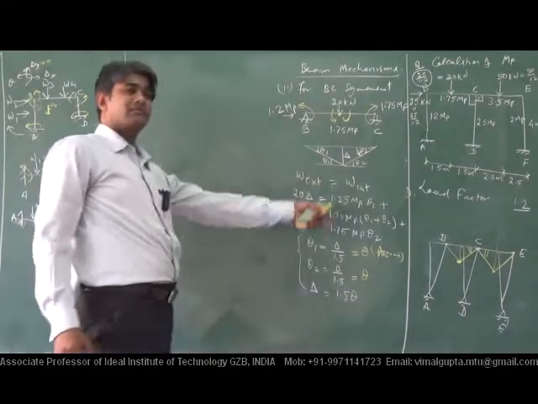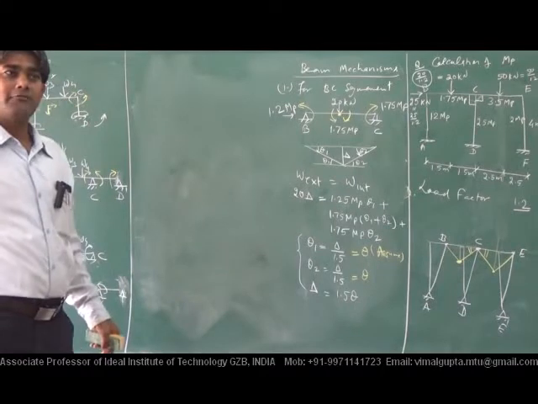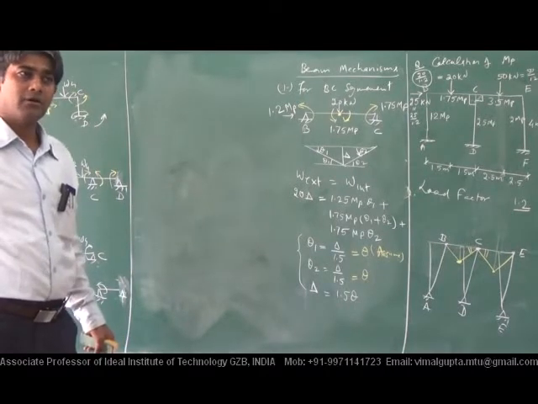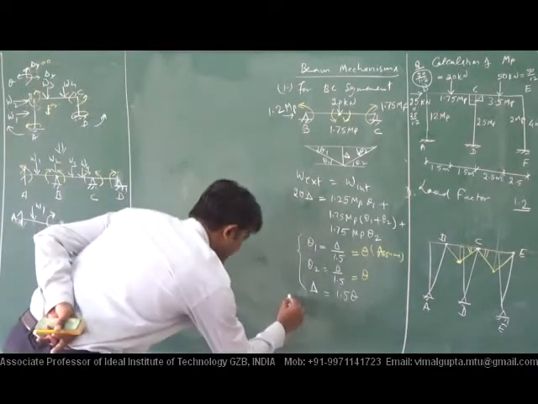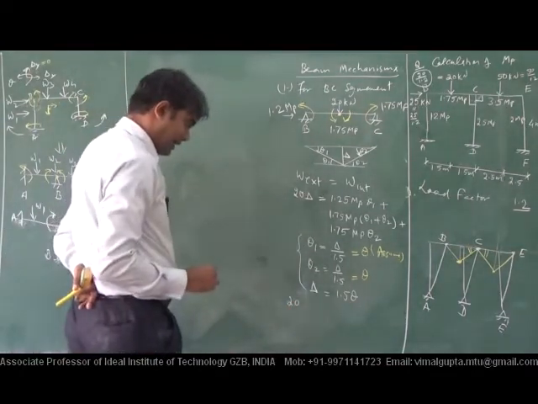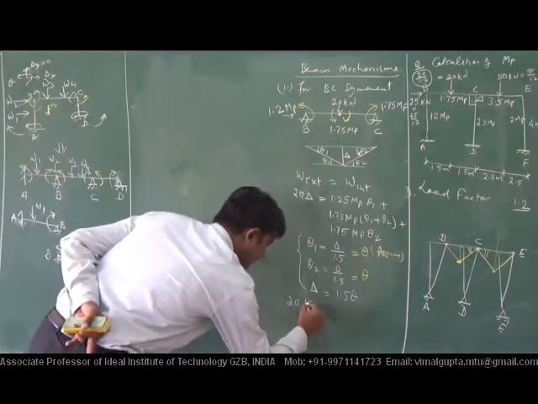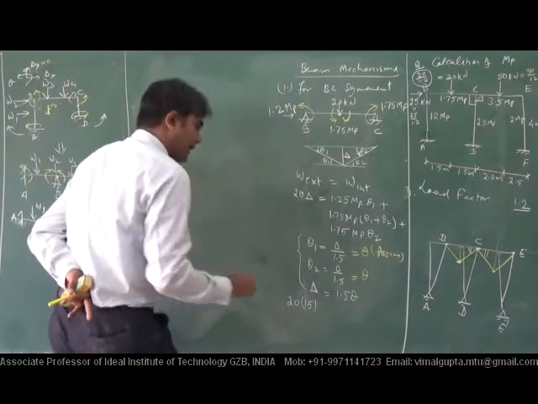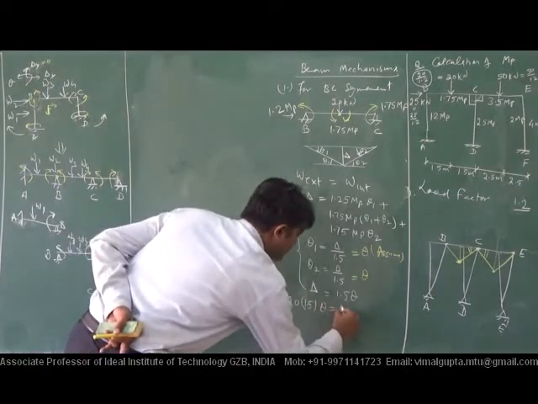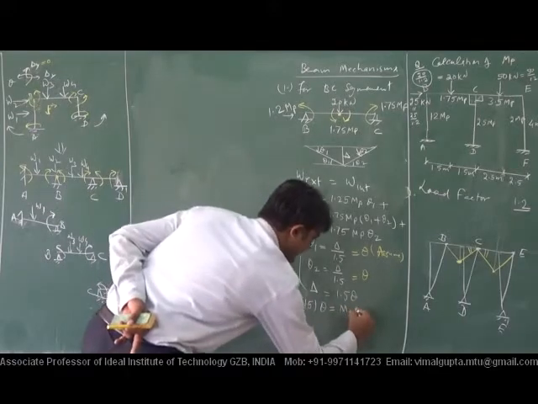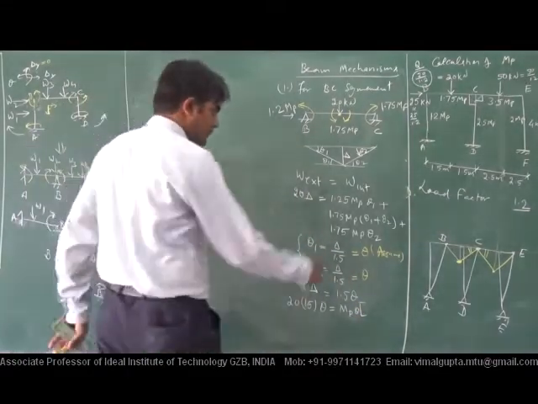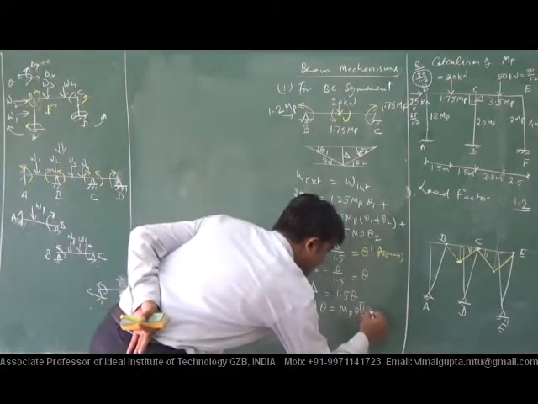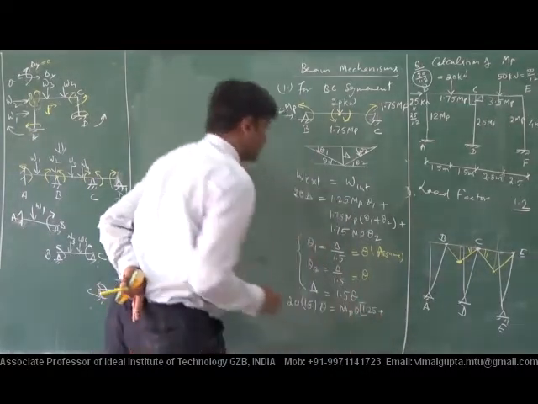Now by putting that, you can find the value of MP. Therefore 20 into 1.5 theta equals, take common MP and theta. So it is 1.25 plus